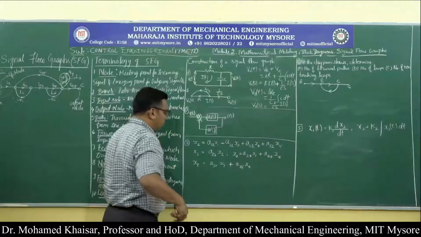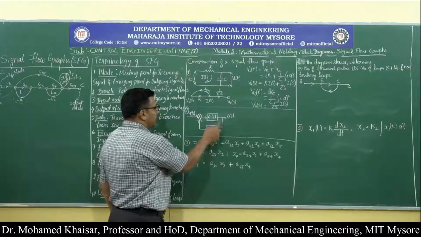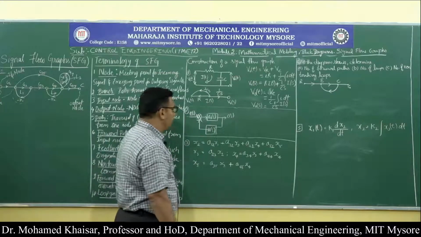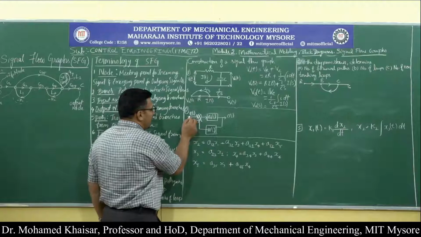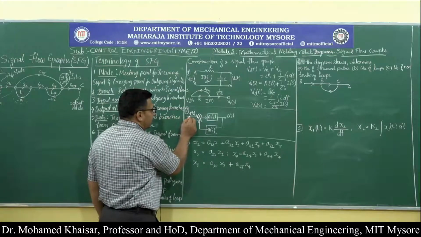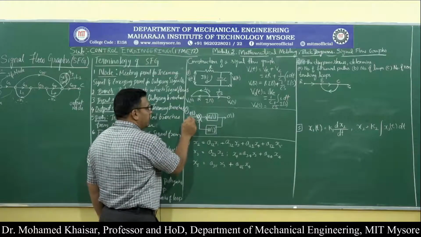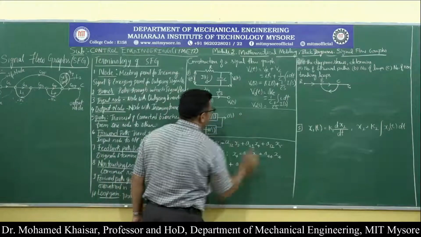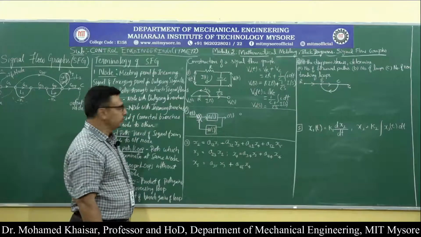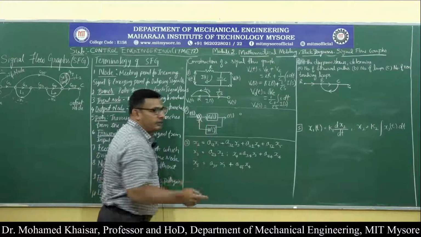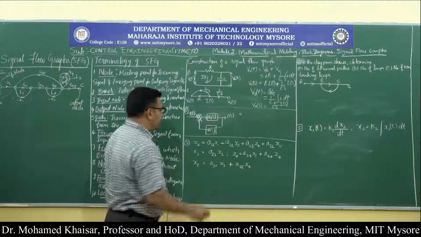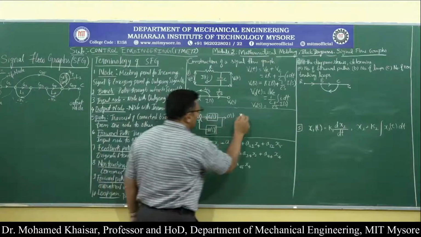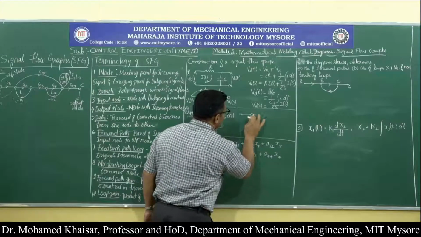Now, if you observe over here, this is a simple feedback system that has been mentioned. If we try to draw the signal flow graph for the same, see here R, it is starting somewhere, although there is no end shown over here, but it is starting somewhere. So that point can be assumed to be a node. I will write one node over here. Then all takeoff points and summing points become nodes. So from here it has come to this particular summing point. I will convert that into a node.